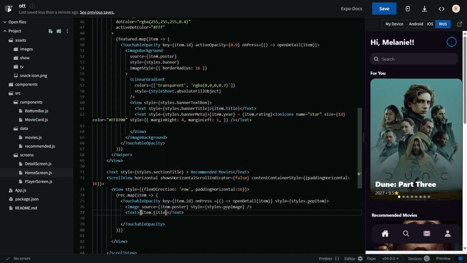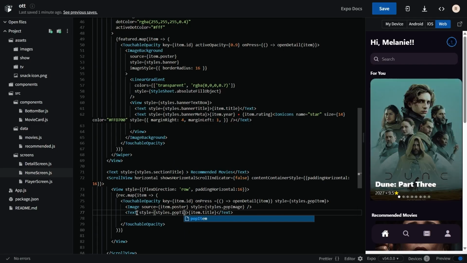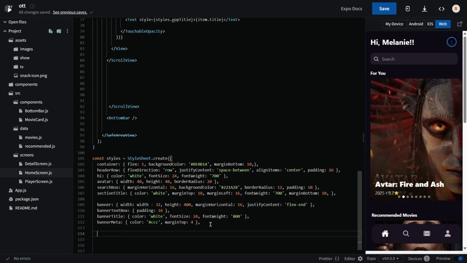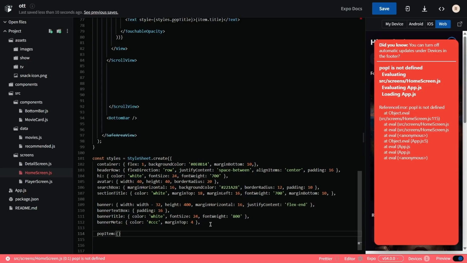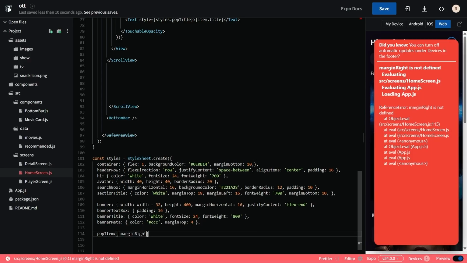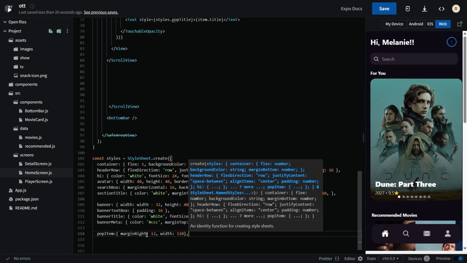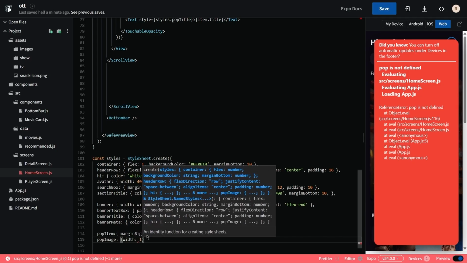So that's how we add multiple sections to the home screen. Create a section heading, use a horizontal scroll view or flat list to render thumbnails, and keep your data modular by creating a separate recommended.js file. Each data object should include a unique ID, title, year, rating, and local poster/backdrop for prototyping. This structure lets you quickly test UI layouts and later swap the static files for real API data without changing the components. Always mind unique keys, image paths, and accessibility labels, and consider flat list when you need performance for